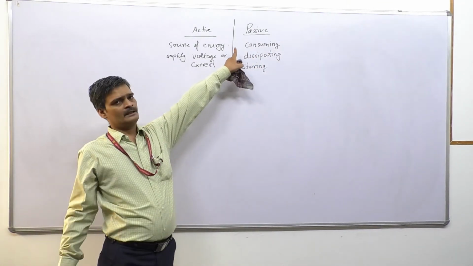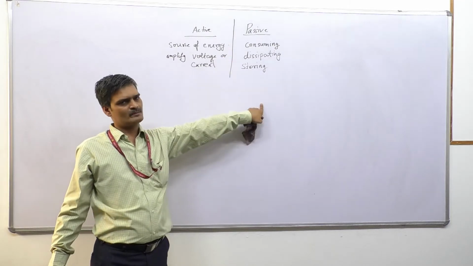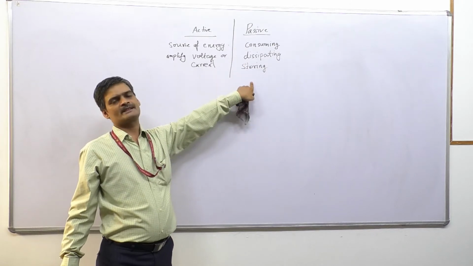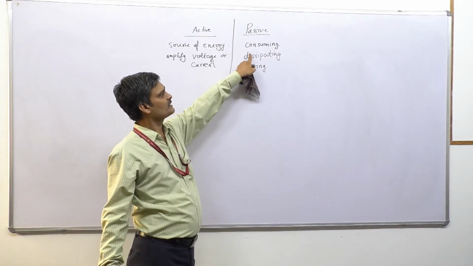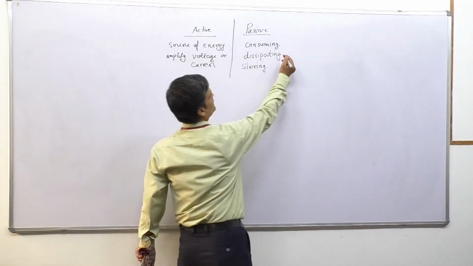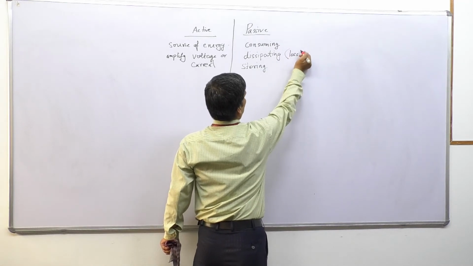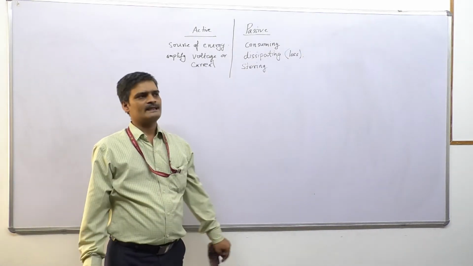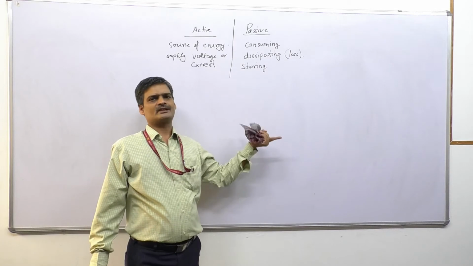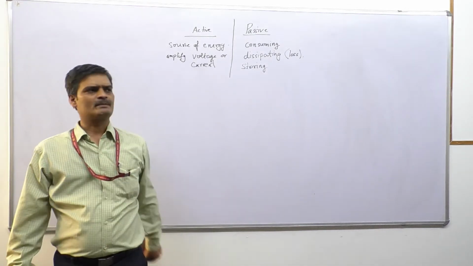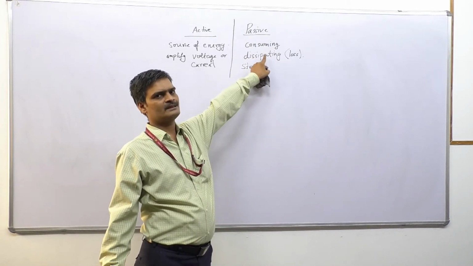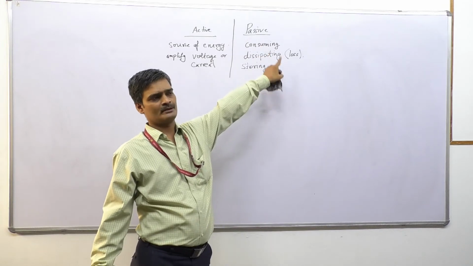So an element which either consumes power or dissipates power or it stores power is said to be a passive element. So what is the difference between consuming power and dissipating power? Dissipating power is always counted as a loss of power or the loss of energy, whereas consuming power is the utilization of the power. That means that power is being converted from electrical into some other usable form. So that power is not a loss of power, that is the utilized power, the power consumed for having some kind of output.